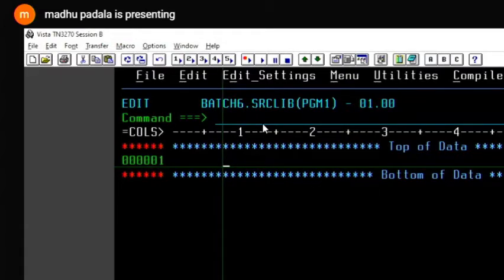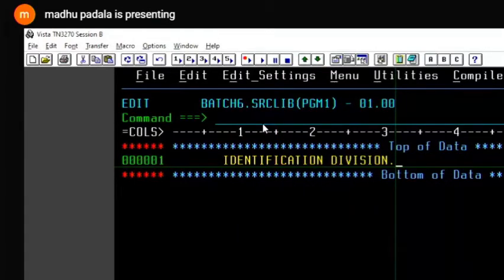That is the identification division. Like we have divisions, sections, paragraphs, the COBOL program is created the same way. The hierarchy is divisions, sections, paragraphs, sentences, statements, and then clauses.